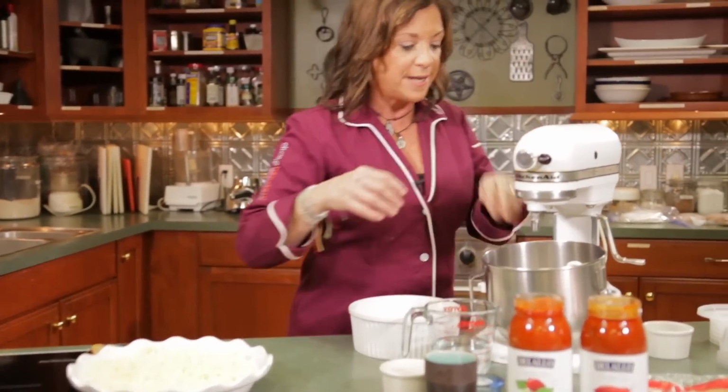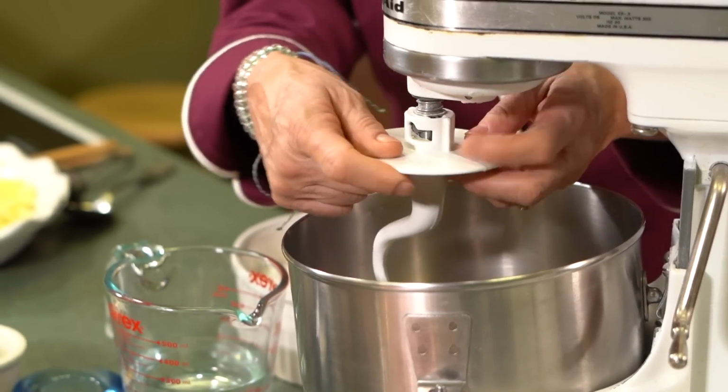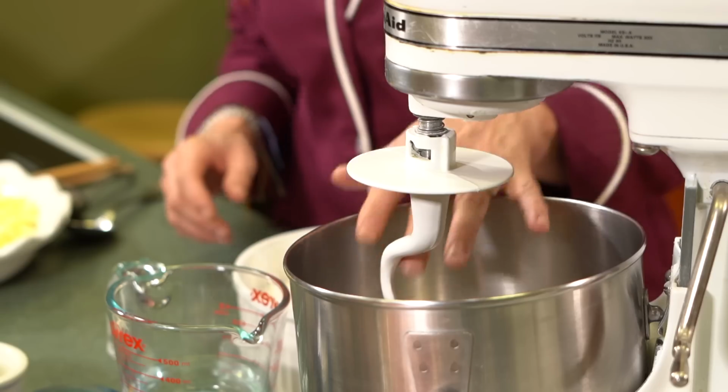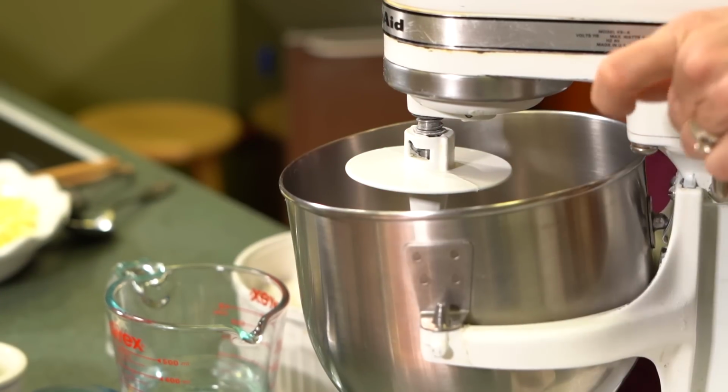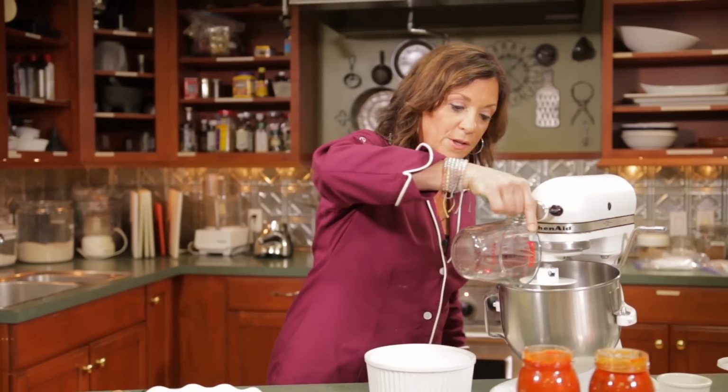Okay, so you need a stand mixer. Well, you don't need it. You can do it on top of your countertop with your hands, but I like using a stand mixer. So you're going to use the dough hook in the stand mixer. And what you're going to do is put water into the stand mixer, and then you're going